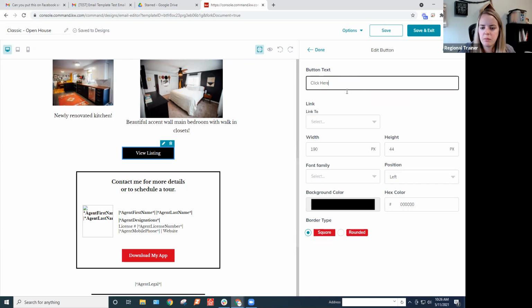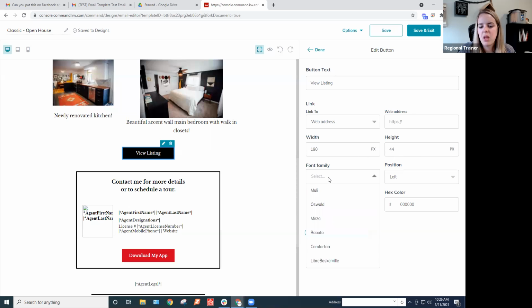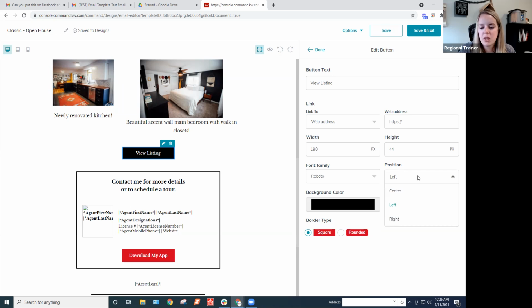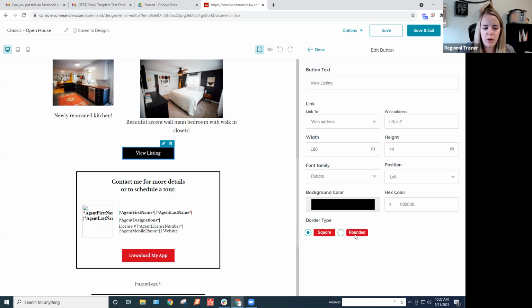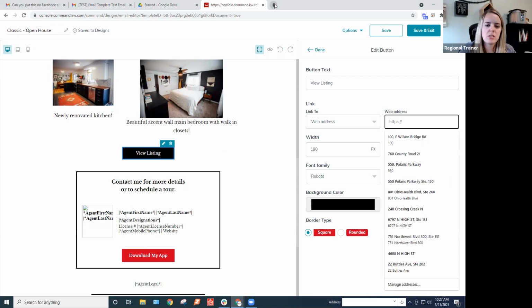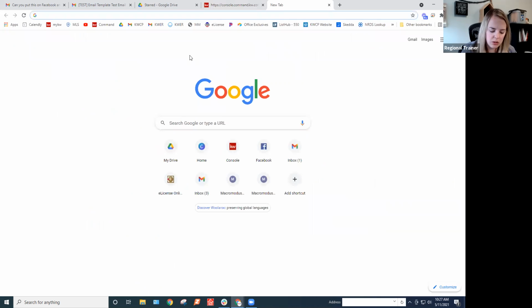So we'll just leave it at view listing, but if you wanted to change it, you can. Then you're going to choose where it's going to link to: landing page, merge tag, or web address. I'm going to choose web address. You can change the size of the button, the font. We'll change it to Roboto. The positioning of the text, the color of the button, if you want it square or rounded corners, up to you. So for the web address, I'm going to go to